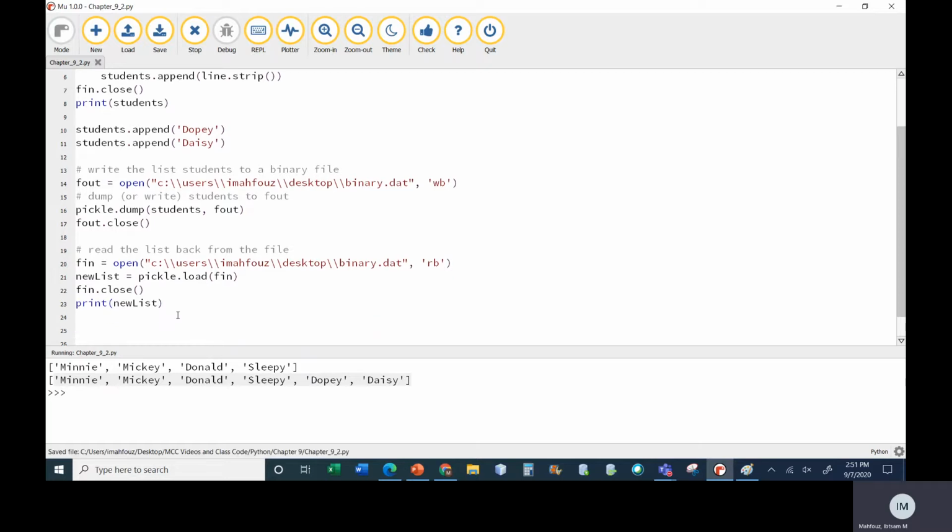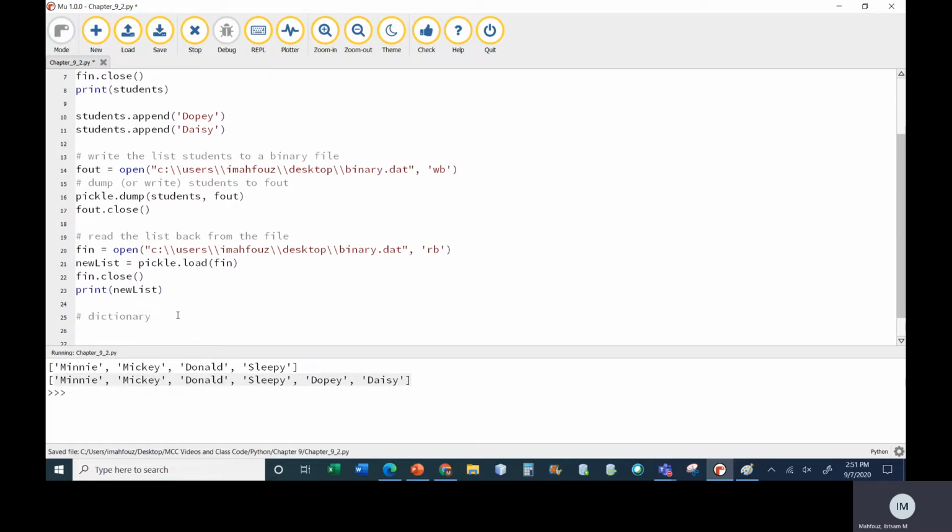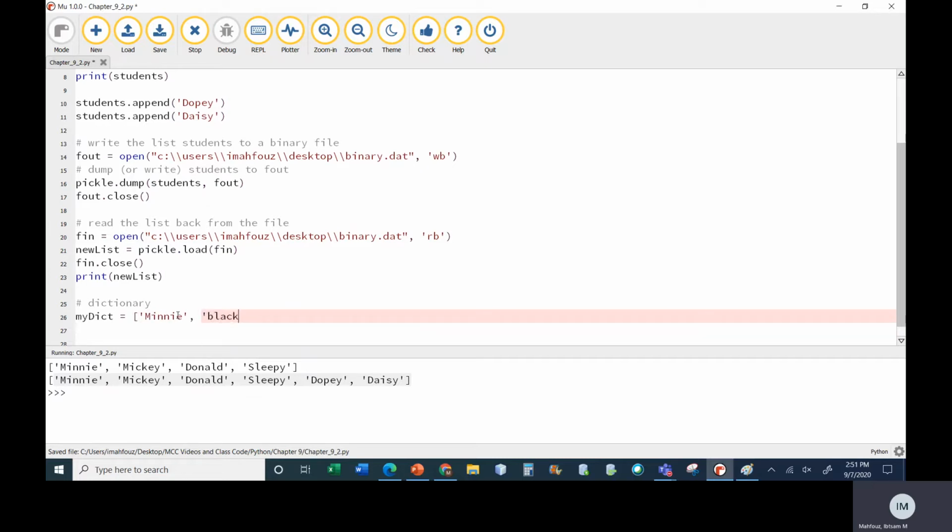So for example, here, let's do a dictionary example. So let's say I have a dictionary here and it has the names of people like we did before and their favorite colors. So black, and Mickey, let's say, was brown, and Daisy was green. Okay. This is a dictionary, so I need to use the curly braces, and I want to write it out to another file. So I'm going to say f, let's say out equal to open,